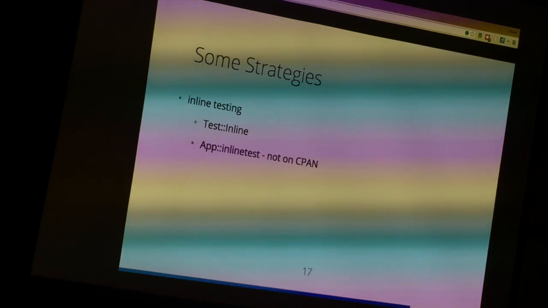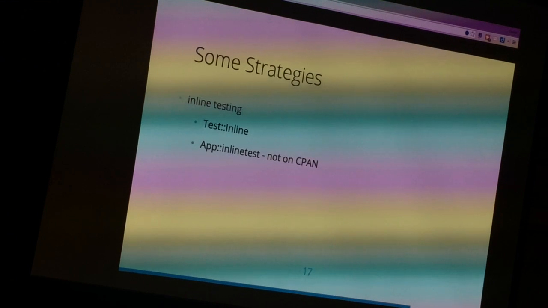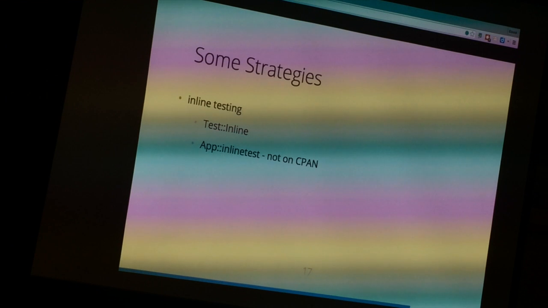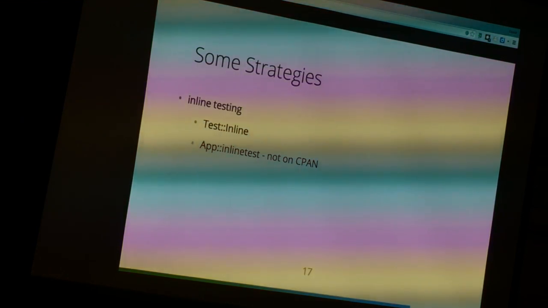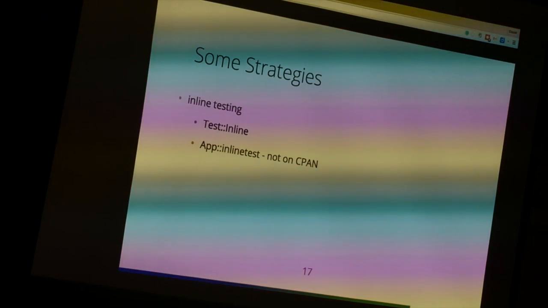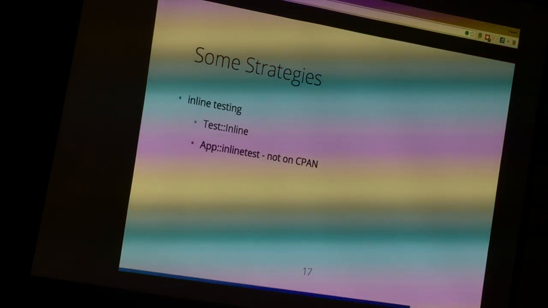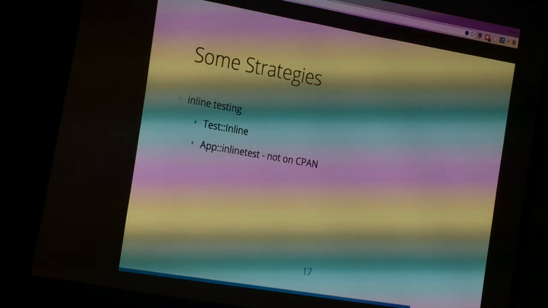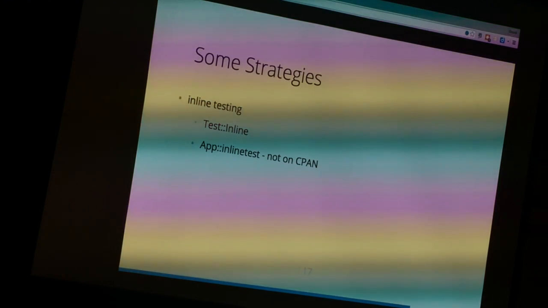So you do a begin test, insert some code, and then cut, and what it does is it appends all of those chunks together into a single script and runs the whole thing. It actually makes a file. So it runs the whole thing together, so that allows you to build things up as you go along